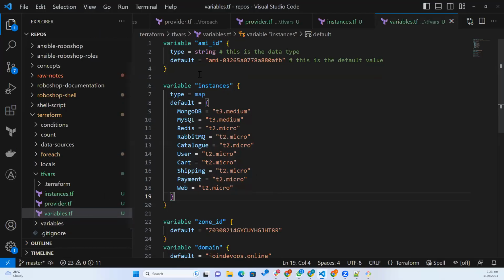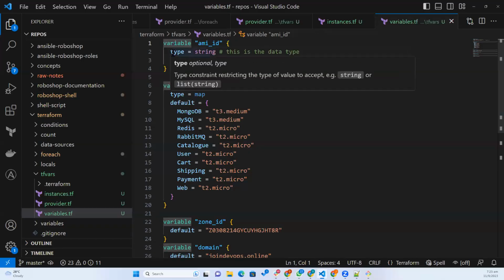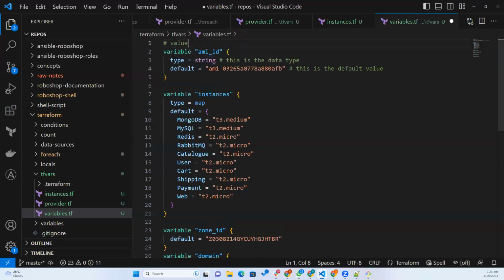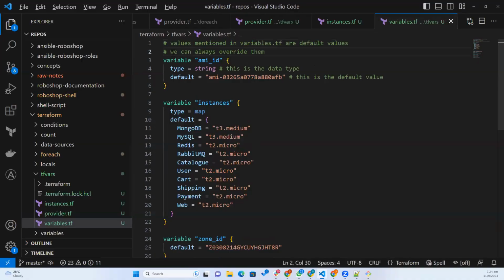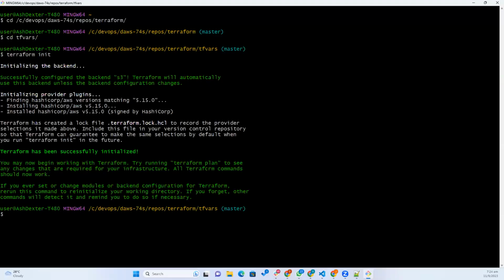So the values you are mentioning in variables.tf are default values. We can always override them. Okay, so now if you just do Terraform plan,